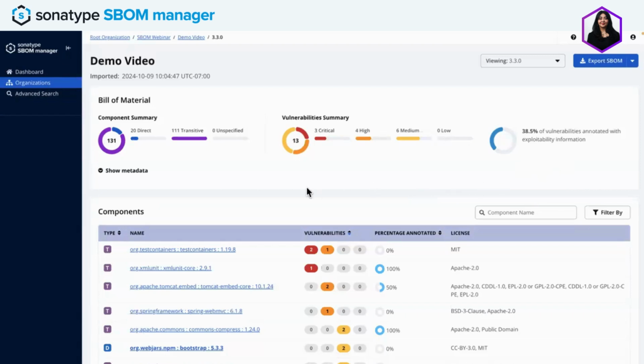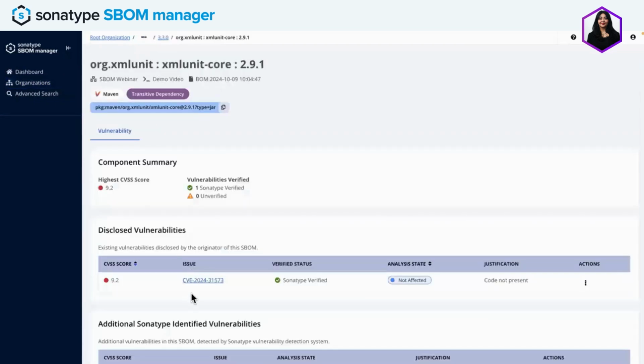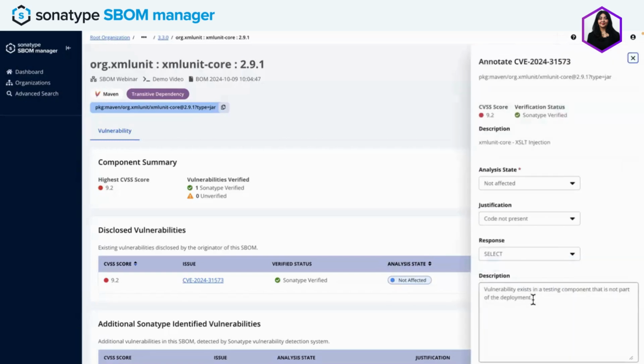And so let's take a look at what one of these annotated vulnerabilities looks like. So let's take a look at this one. We can see here that the CVSS score is quite high, a 9.2 out of 10. So this is quite a severe issue. But we can see that the vendor who's provided us with this SBOM has also said that this is not effective, and the justification is because the code is not present. Now, if I wanted more details on this, I could click Edit Annotation and I could read what they have to say. So they've said here that this vulnerability exists in a testing component and